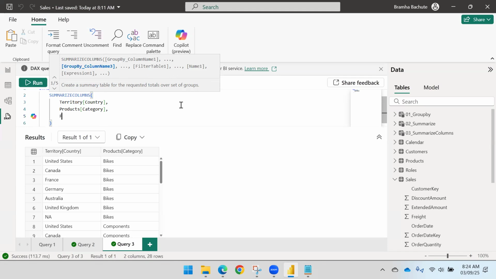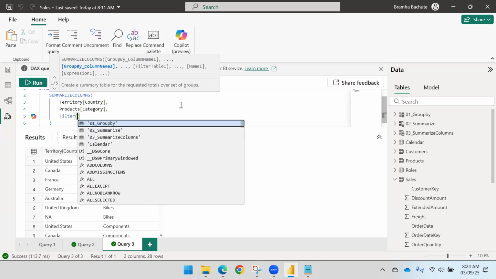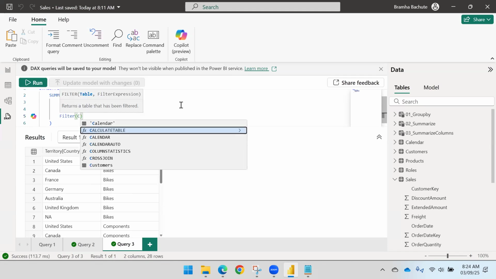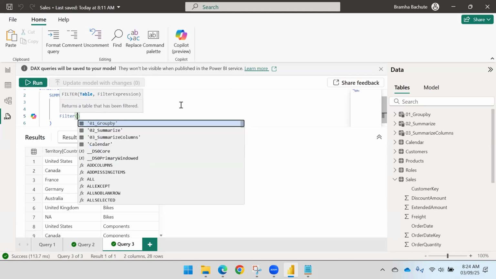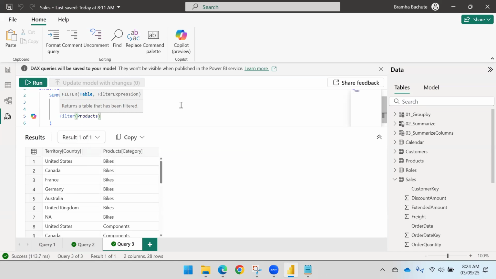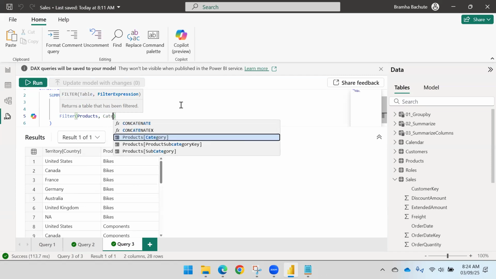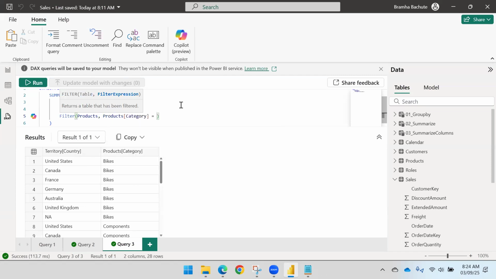So let me say filter. I want to filter the data for the category, so I should say the product table, and then the filter is category equals